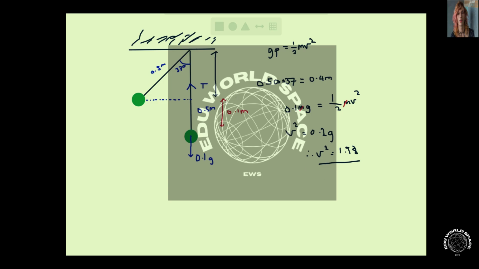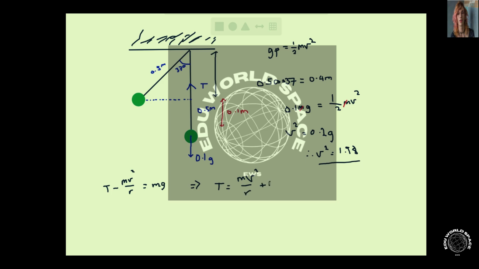So what we know now is that the tension is acting upwards, and so is the centripetal force. So the tension minus the centripetal force given by mv squared over r must be equal to mg, which is just 0.1 g. So we can rearrange this further to get an expression for the tension on the left-hand side, so that the tension equals mv squared over r